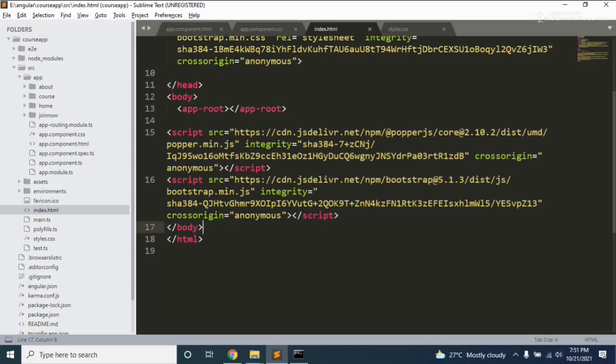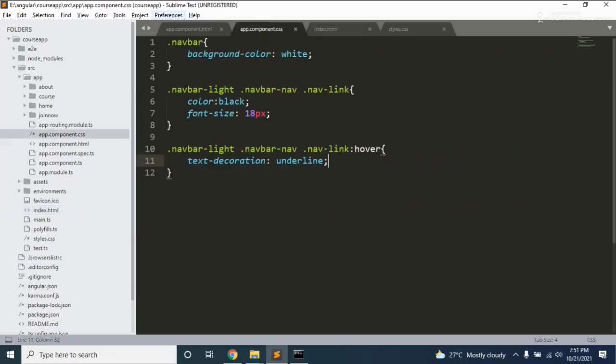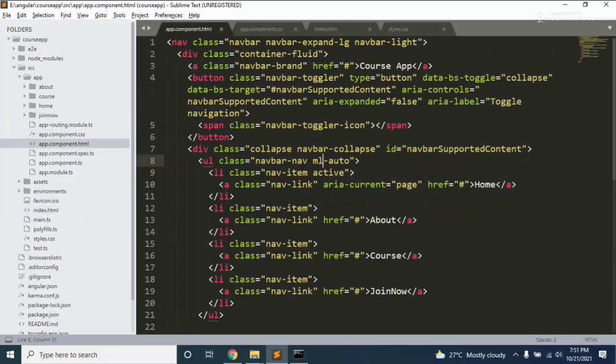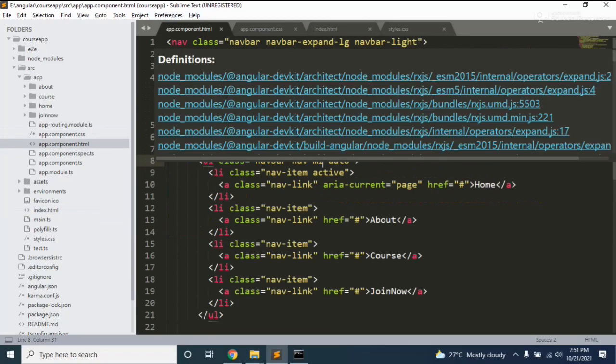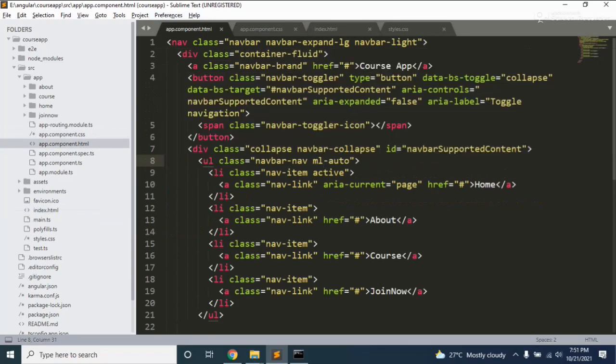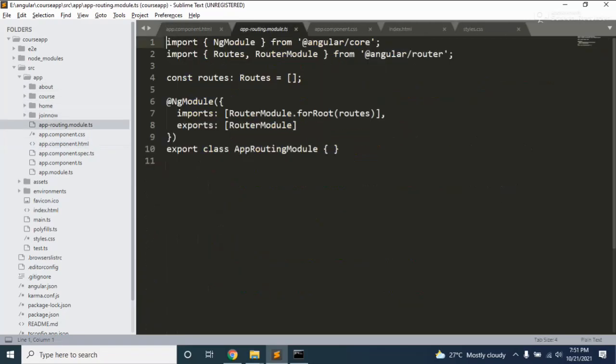So now we need to start from the routing. Already we have created the CSS and app.component.ts file here. We need to do the routing, the process to navigate your page to another page. So how can I call this component when the user clicks on the navigation bar? If the user clicks on about, it navigates to the about component. That's why we need routing. Now go to the app-routing.module.ts file.